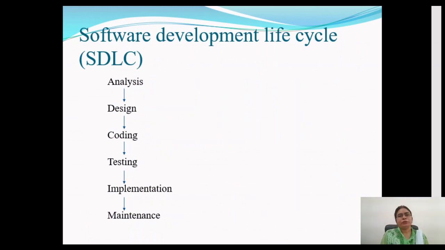Now whenever we make software or a program, what are the steps that we should follow to get an efficient software or program? For this, we have a very clearly defined guideline in the form of SDLC. This is called the Software Development Lifecycle, with the help of which we can develop software. In this way, we get very correct and efficient software that can be used by the users. The SDLC consists of various steps, for example, analysis, design, coding, testing, implementation, and maintenance.